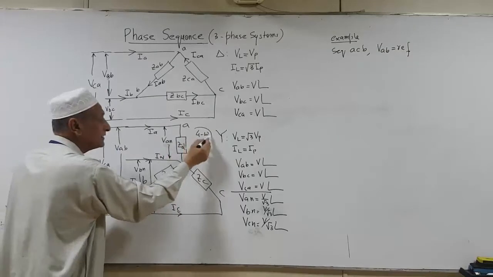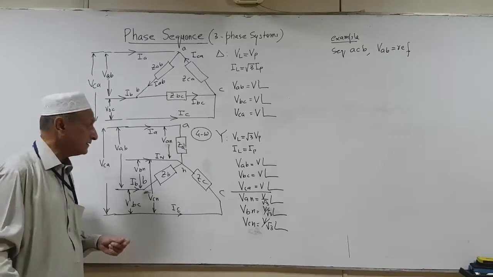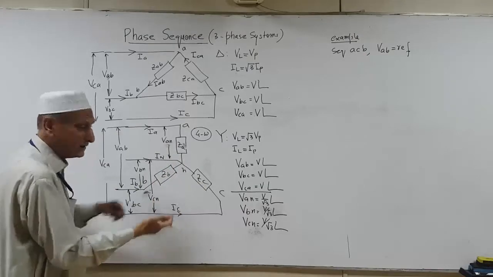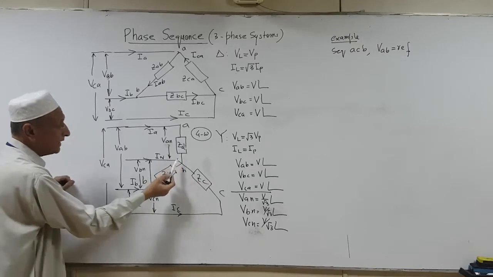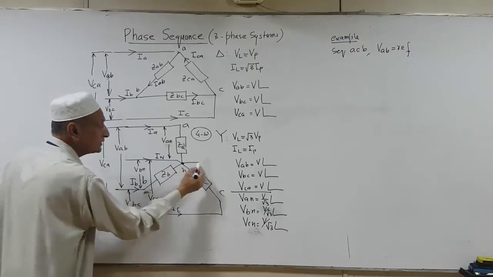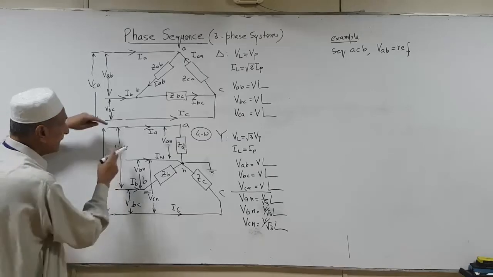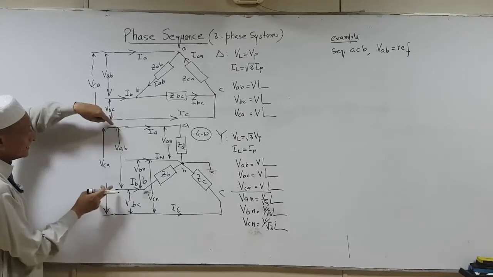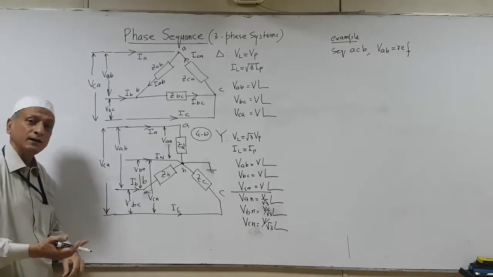A star four-wire system is generally used in our distribution system, so we will discuss the star four-wire system. In this case, the impedances are connected in Y fashion, an inverted Y. We have a fourth wire, which is the neutral wire, emanating from the star point, which is generally grounded, so it is at ground potential. We have three lines A, B and C. Between any two line terminals we have voltages VAB, VBC and VCA, which are the line voltages.